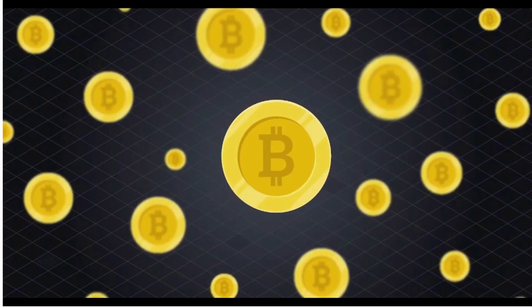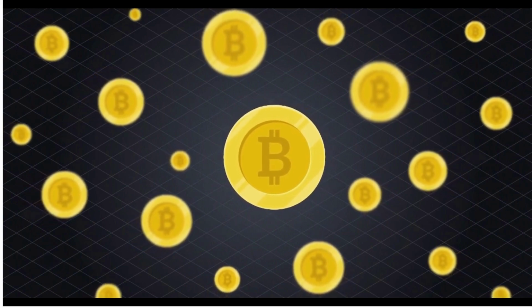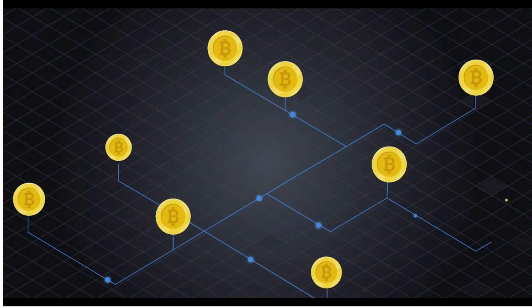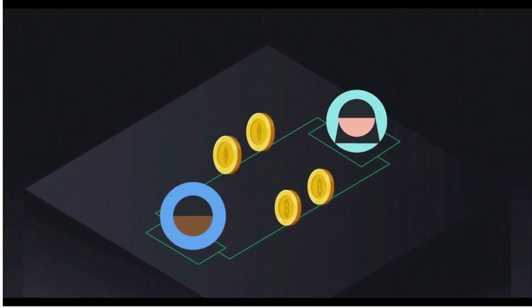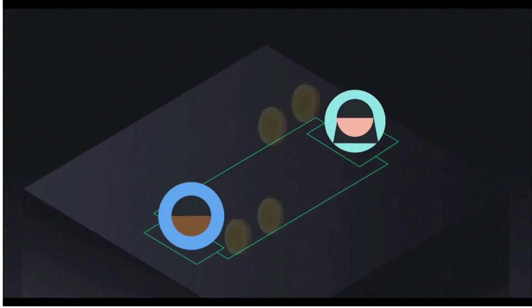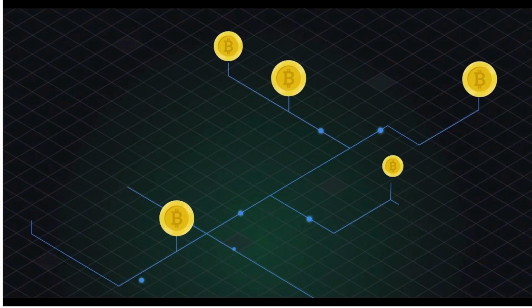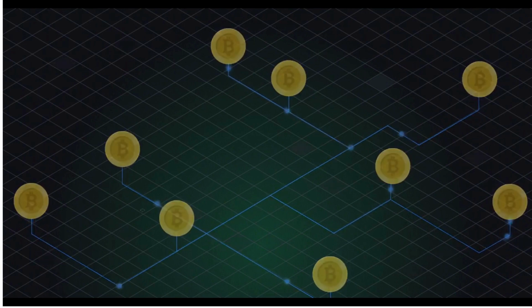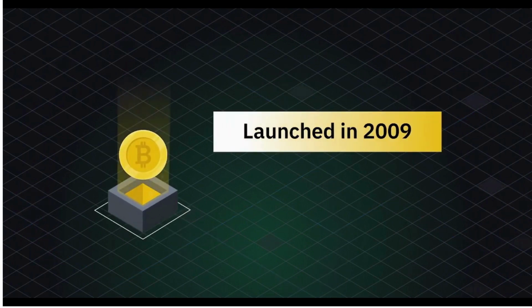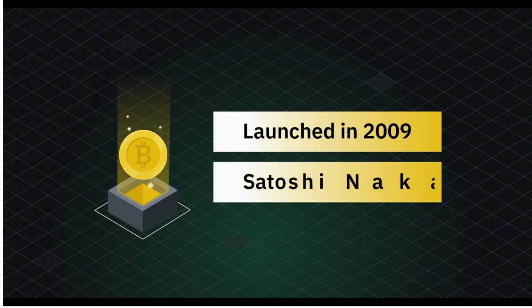Bitcoin is the first cryptocurrency with very unique properties. It's a decentralized digital currency that you can buy, sell, and exchange directly without an intermediary, like a bank. While Bitcoin wasn't the first attempt at digital money, it's the implementation that has worked with the most success so far. Bitcoin was launched in 2009 by its pseudonymous creator using the name Satoshi Nakamoto.